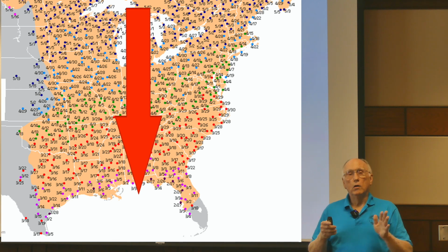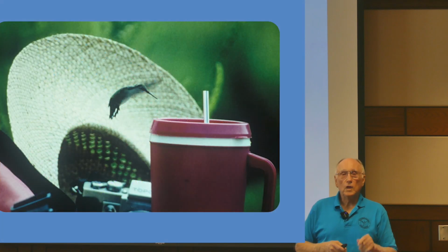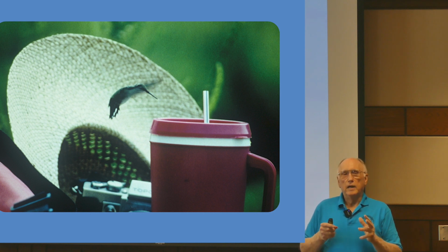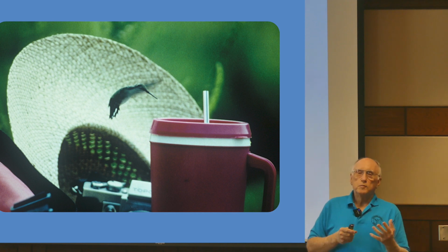Okay, now you're all experts on ruby-throated hummingbirds except for one thing. When I first started banding years ago, these ladies would tell me, son, you don't understand. This is not a hummingbird. This is a fairy, a spirit, an angel, that sort of thing. And I kind of dealt with that for a good while, and I'm about halfway there now. And the reason for that is because